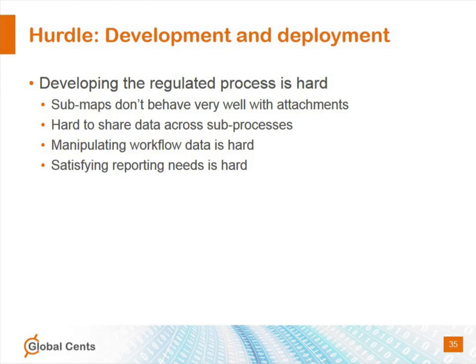And if you want your sub-processes to be aware of what's going on overall, because not everything is going to be linear, you're really challenged with that. And one real-world example is that we have a client who wants to be able to fast-track a process, which is pretty common in a regulated environment. But the fast track itself is a request that needs approval. So you want to ask for something to be expedited, but you don't want to interrupt the running workflow because you don't want to waste any time. So having that happen out of one process and go smoothly is almost impossible to do with the current tool set.